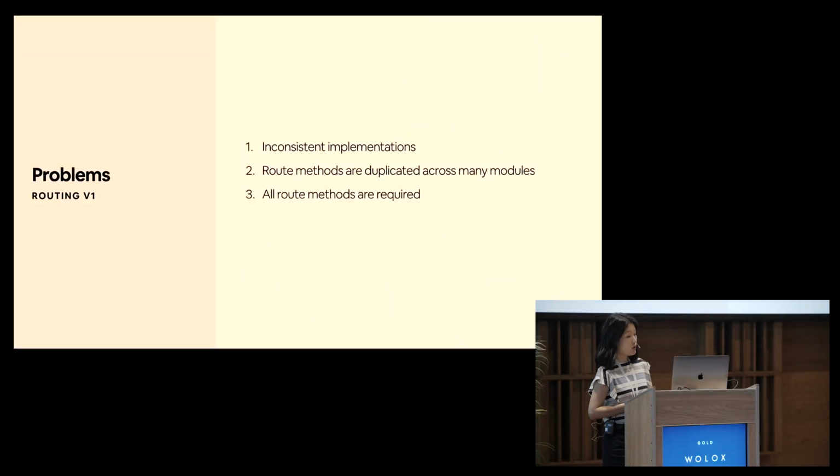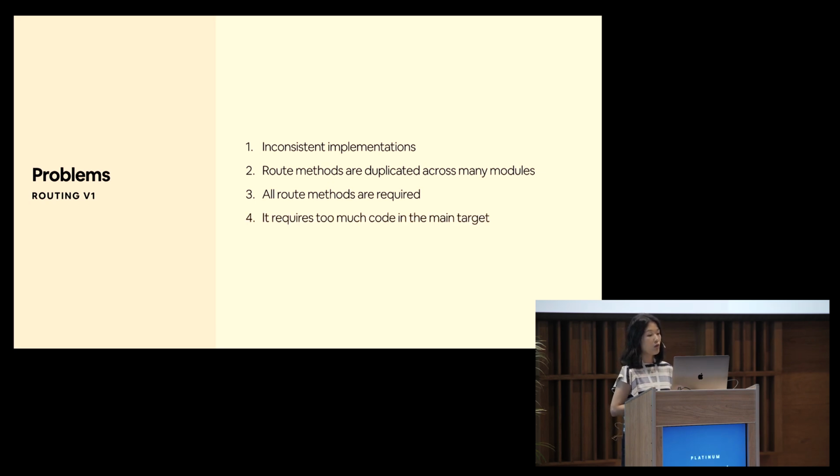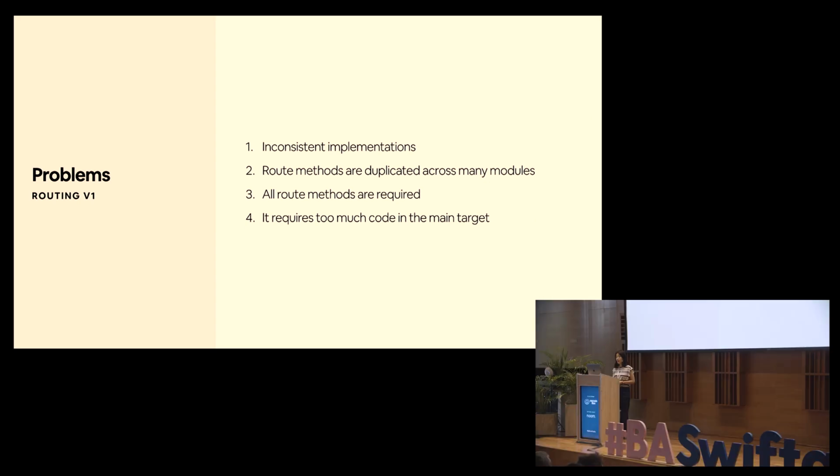All route methods are required, so in a brand new app, its app router could not pick and choose the routes that it's going to consume. And it requires too much code in the main target, and any code that lives in the main target is not reusable. So we went back to the drawing board and